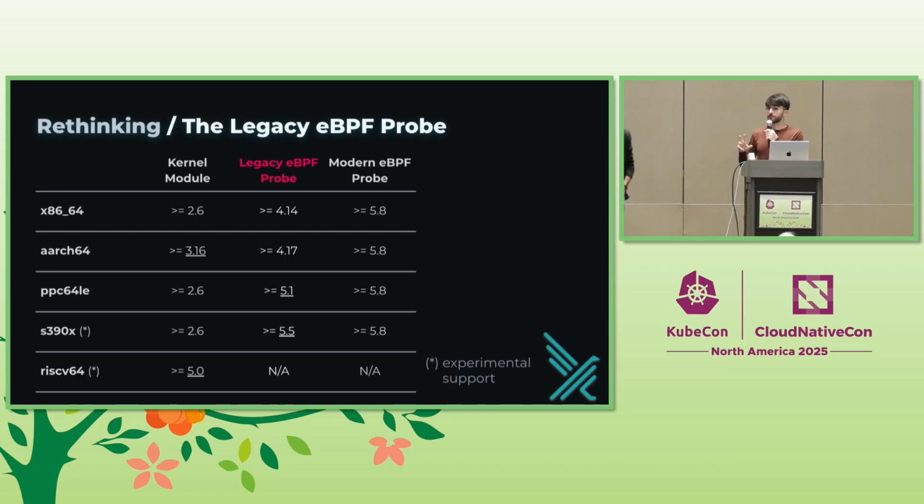But also we are aware of some distributions that already provide a patched kernel, backporting the features needed for running the modern eBPF probe on older architectures. So I would say that now it's time to think about possible deprecation of the legacy eBPF probe, since it is not adding any more value. And it is limiting because we don't have, for example, a mechanism similar to the eBPF iterators that I mentioned before. So we would face challenges in implementing feature parity.